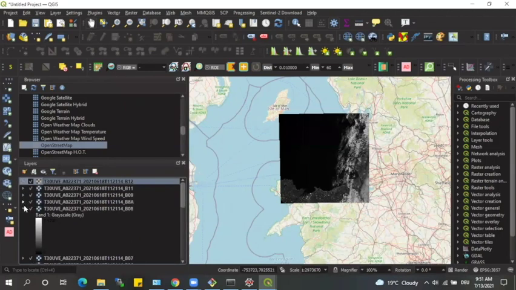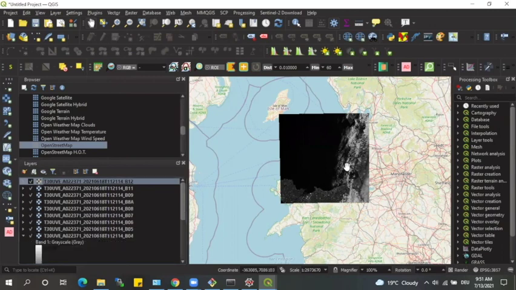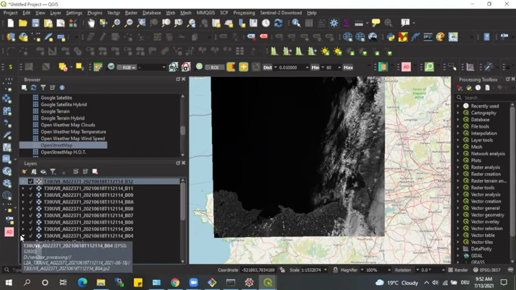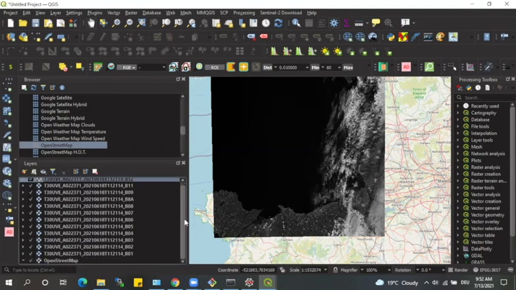Of course, in a proper data search and download, we would want to get a better data set than this one, because this is pretty much mostly covered in clouds and might not be useful unless, of course, the area that you're interested in is clear of cloud. So for instance, this corner right here could be your area of interest, and it wouldn't matter if there are clouds on the other side, right? So yeah, that's all you need to download data from within QGIS.